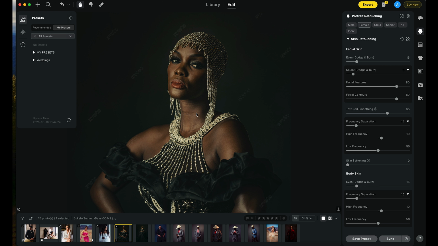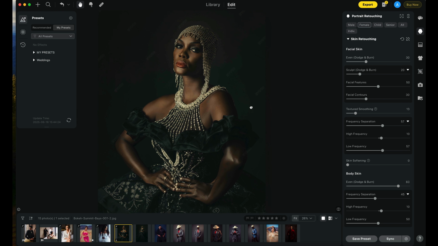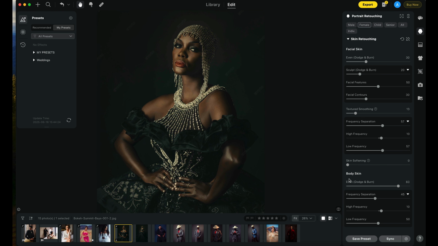And generally, I just use my preset, but I'm pulling the slider so that you all can see how things happen in real time. But if I head over and I use my preset for the high-end retouch specific to women's skin, you can see how one click of a button completely cleans up everything, and we get a fantastic edit on her skin. Now, next on the list for my top 5 favorite tools inside of Evoto AI is